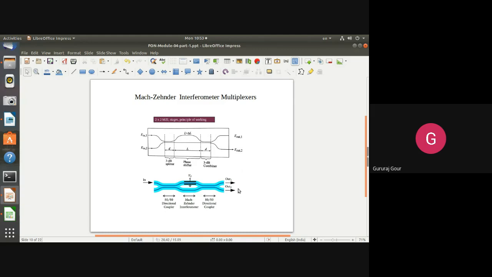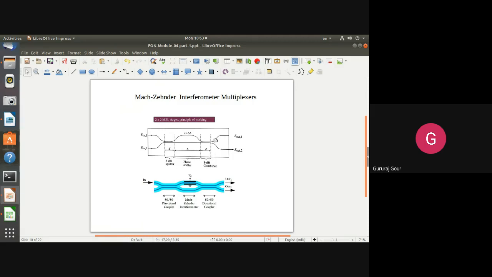So let us see what is the operating principle. The operating principle lies with why it itself is called a multiplexer, because you got two inputs, which means you need to have only one output. But we are showing two outputs here, E out 1 and E out 2. Actually, if you look at this diagram carefully, E out 1 is not shown with an arrow, only E out 2 we are showing, which means only one output we are getting out from this device, because of the phase difference involved,